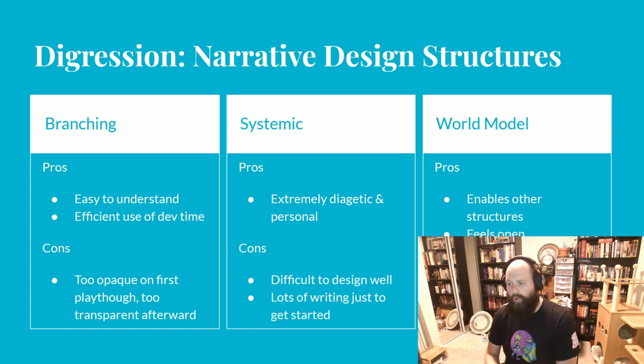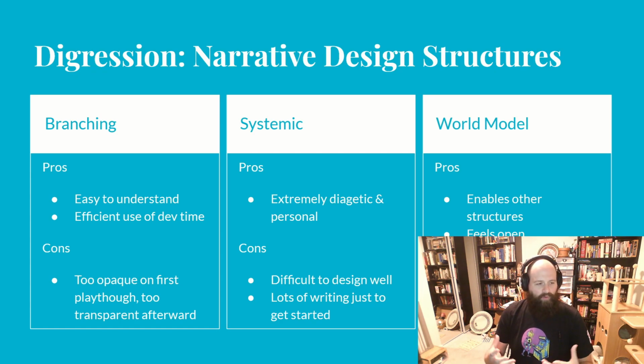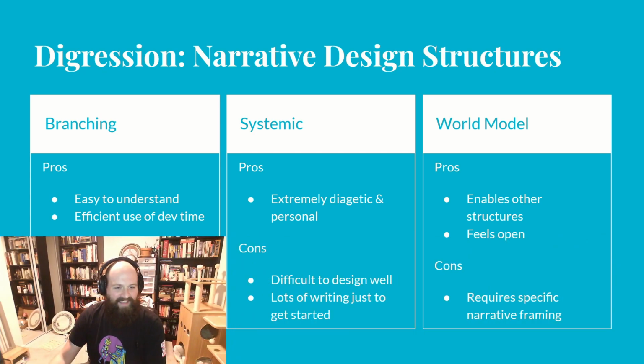I also am a huge fan of world model games. So what I mean by this is, for our game, The Maze Gallery, it is built all in ink, but the player inhabits a world model. So instead of a branching structure that goes out and in and out and in, we have little hub choices that act as places. So that place then can connect to people, that place can connect to things, that place can connect to other places. That type of world model is fantastic for